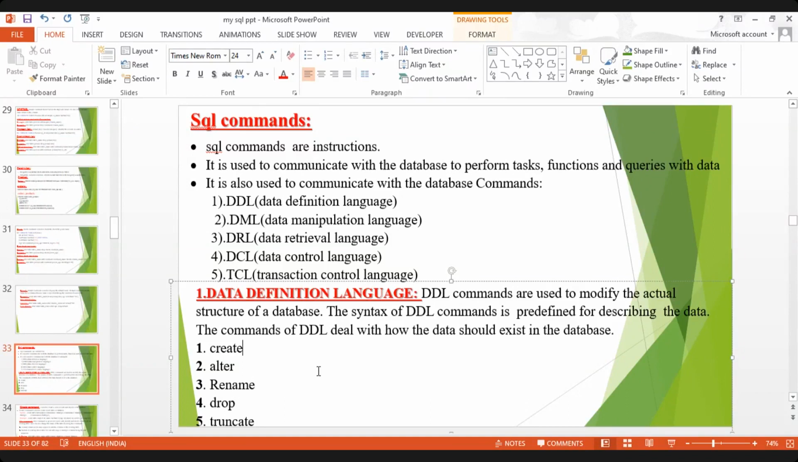So here we have the data definition language, right? So why are we using the DDL commands? DDL commands are used to modify the actual structure of the database. So the syntax of the DDL command is predefined for describing the data. The commands of DDL deal with how data should exist in the database. So here we have commands: create command, alter command, rename command, drop, and